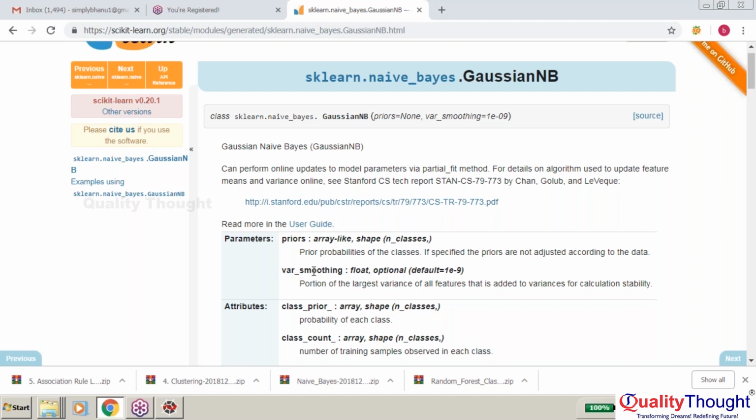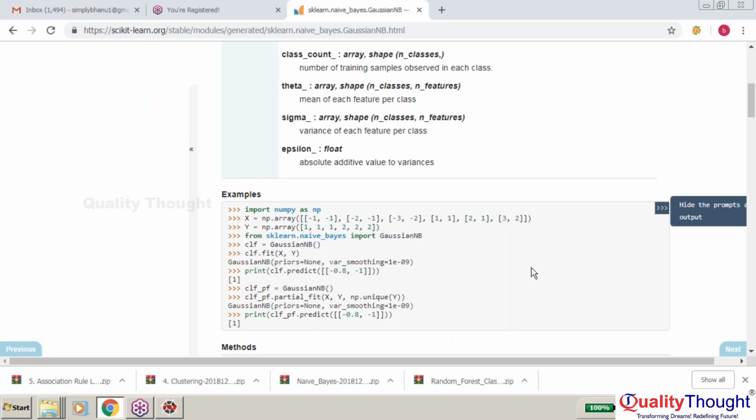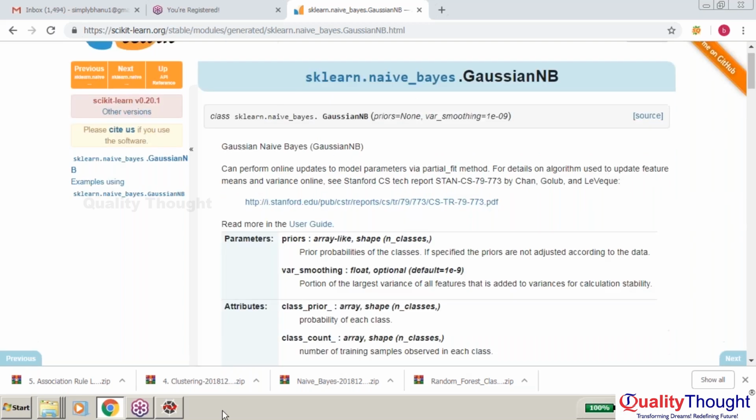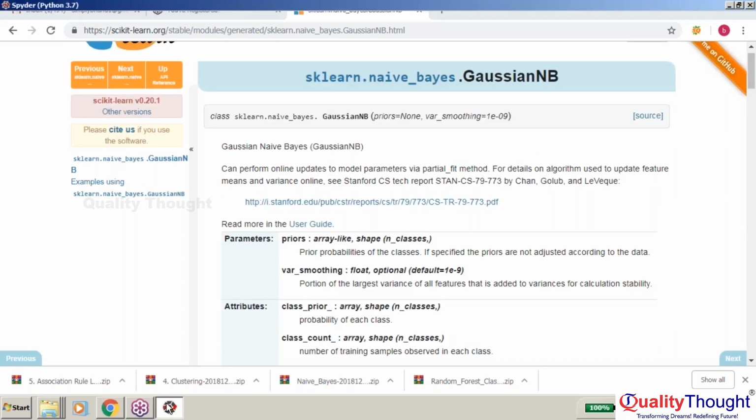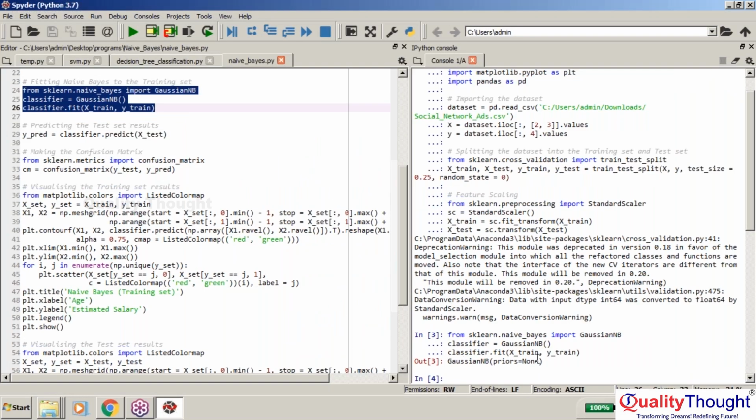And the next one is var_smoothing, where smoothing is the main argument that we will be using, and by default it will have the value 1e-9, the portion of the largest variance of all the features that is added to the variances. So anyhow, now let me just go ahead. By default, as it has shown you, it has taken GaussianNB priors equal to None. Now let me